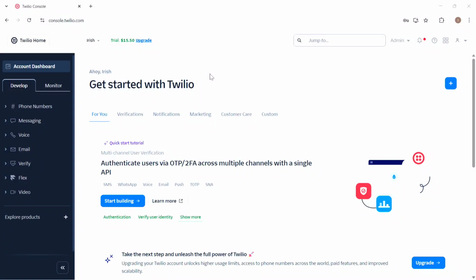How to get Twilio Verify Service SID. In this video, I'll show you how to get Twilio Verify Service SID. So to be able to get that, you'll need to go ahead and create a Verify service inside your Twilio